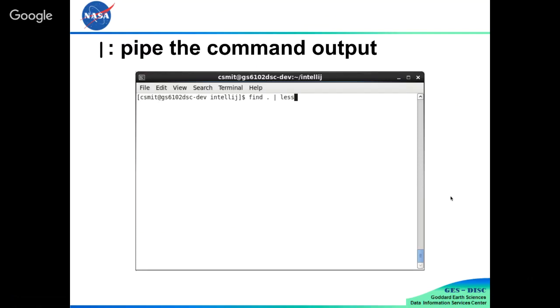Pipe. Okay, so this is the heart of any complicated command line thing. What it does is it takes the output of one command and pipes it so it's the input of another command. A lot of times you might be able to do something in one command, but it's often easier to do it with multiple commands, or it's just impossible with one command.